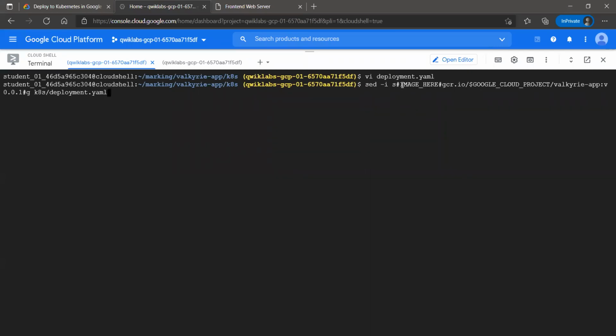This will replace the string image here with this string. This Google Cloud project is an environment variable which we have by default that basically gives this string to us, whatever your project ID is. And valkyrie, this is the location. As we are already in the k8s folder, we need to remove this k8s from here.